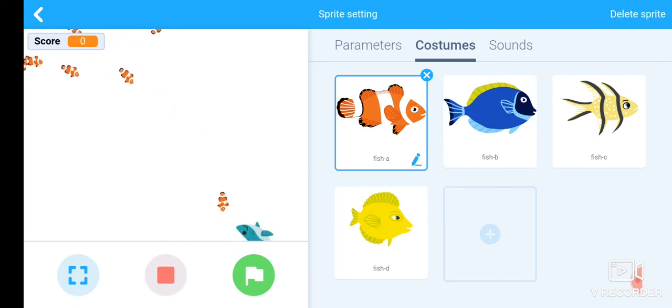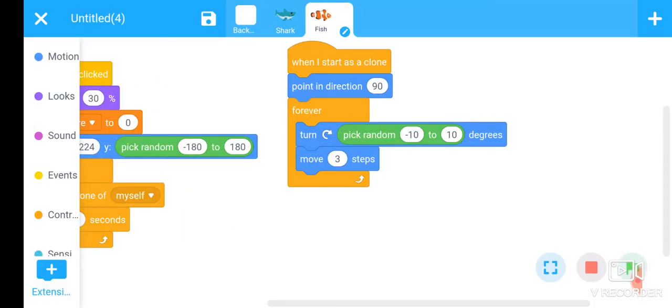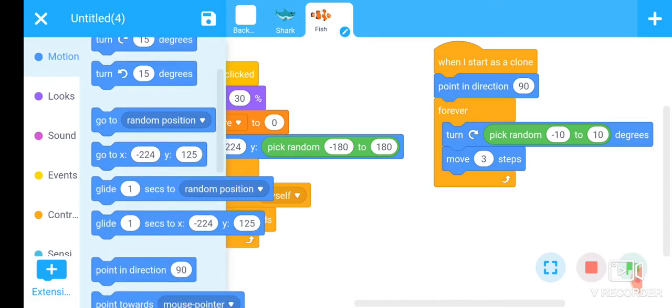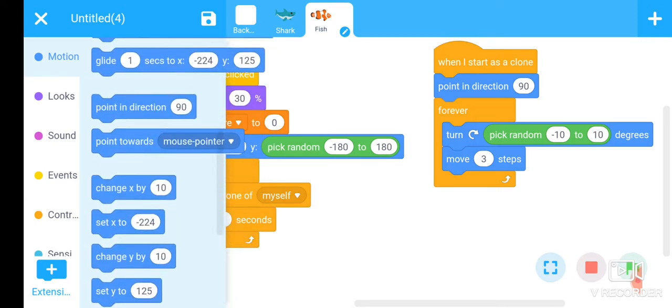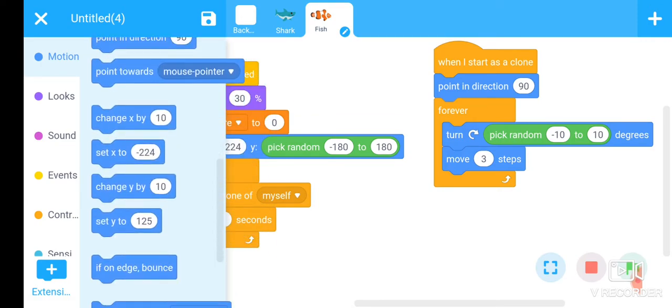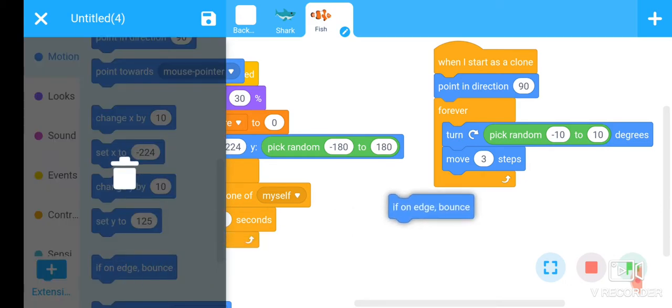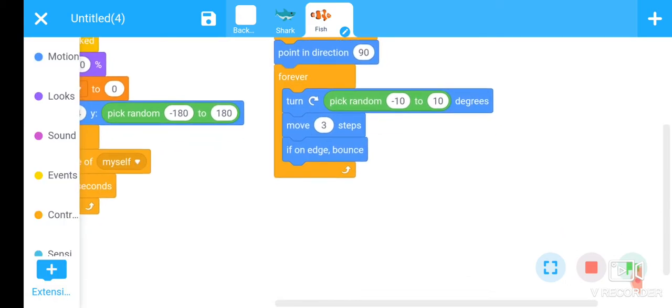Okay, now what should happen if fish touch the edge? It should bounce back. For this, there is a command if on edge bounce. Put this command inside the forever loop.